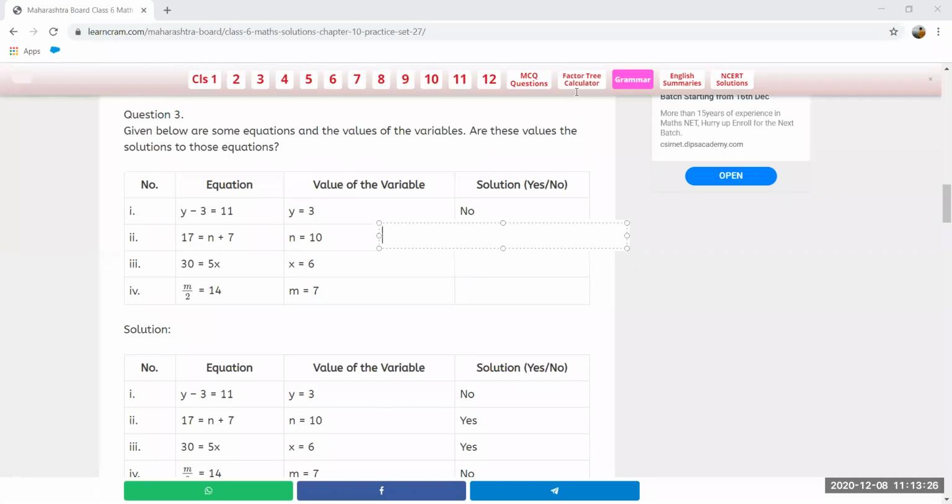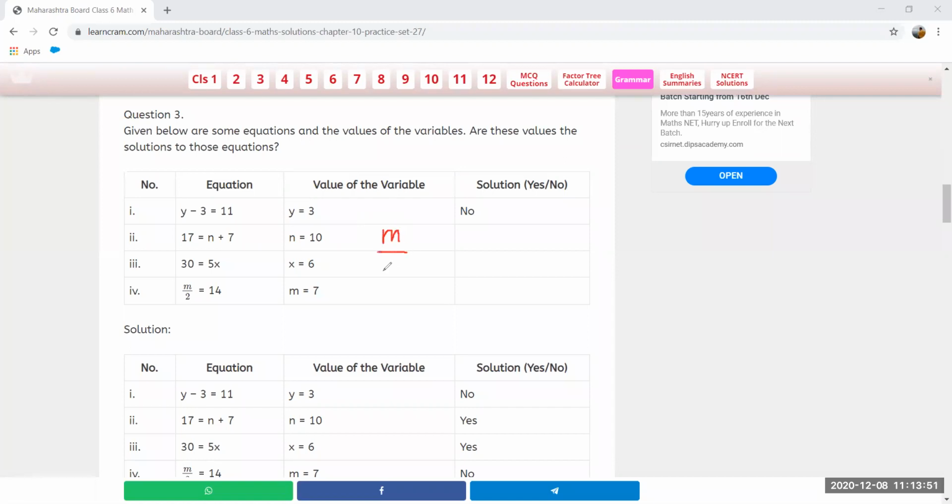This needs proper concentration. Those students who are paying attention, the sums are not difficult for them. And those who are not paying attention, the sums are getting difficult for them. Yesterday only I told you that these sums need concentration, proper concentration. Okay. Now here, m